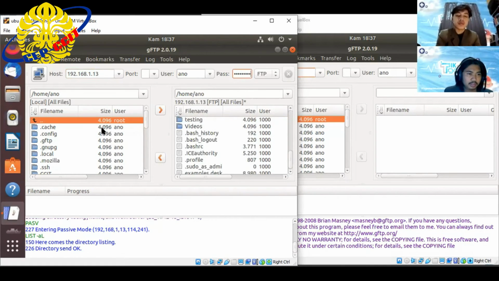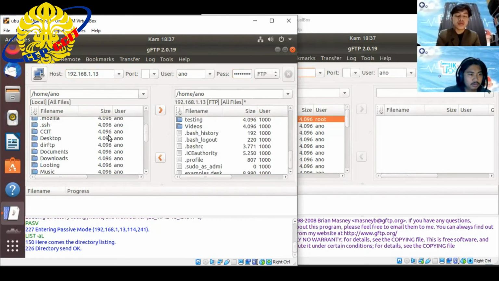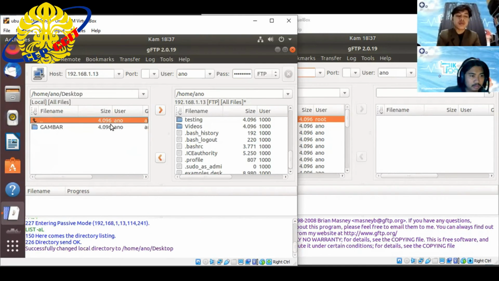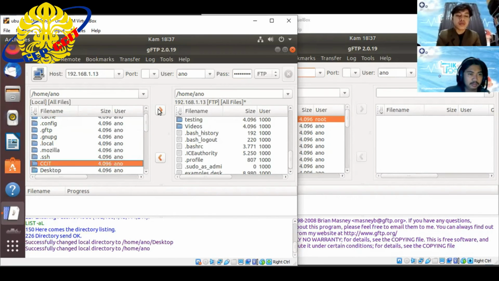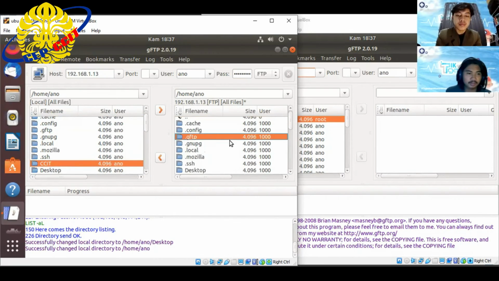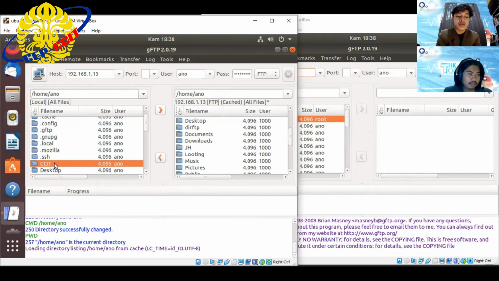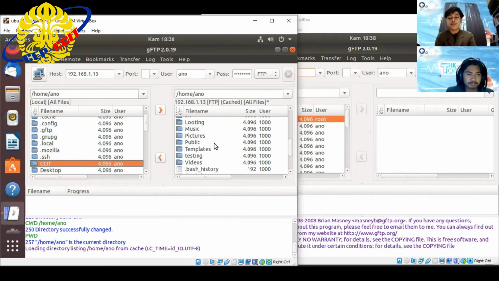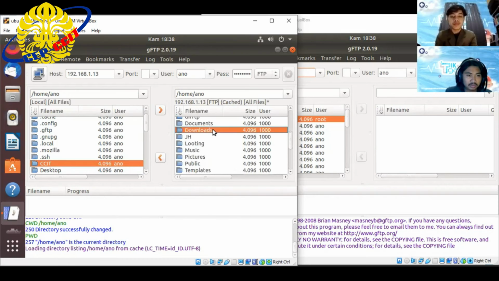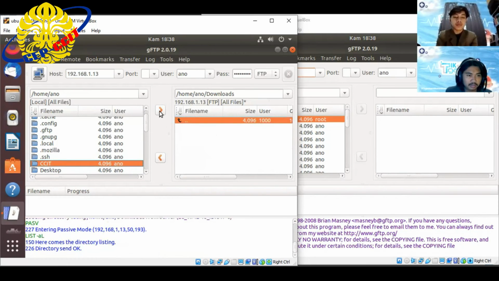Okay, we transfer the CCIT folder from the desktop and put it in downloads. After that, you can click the symbol.